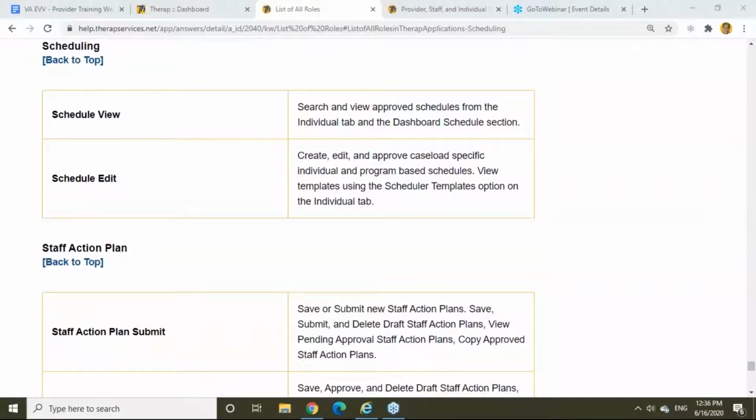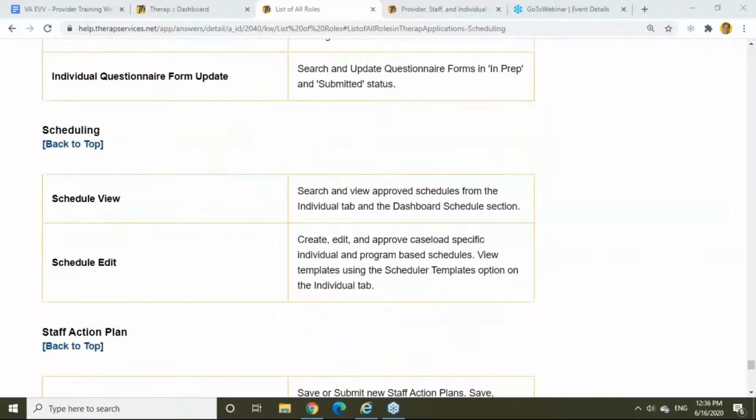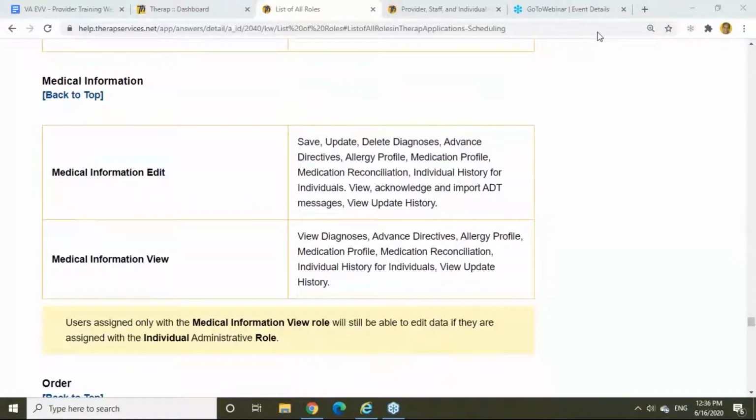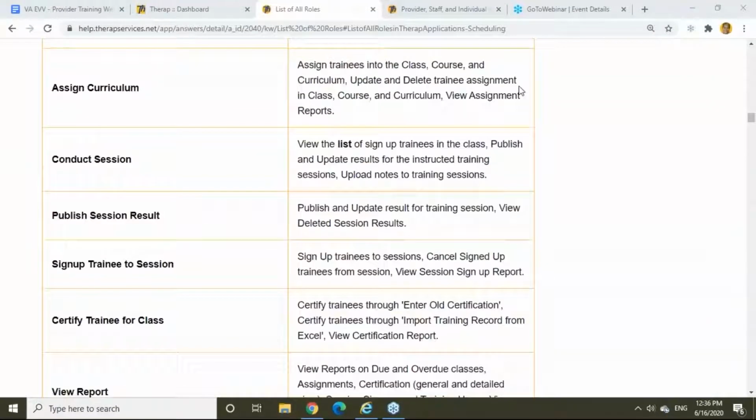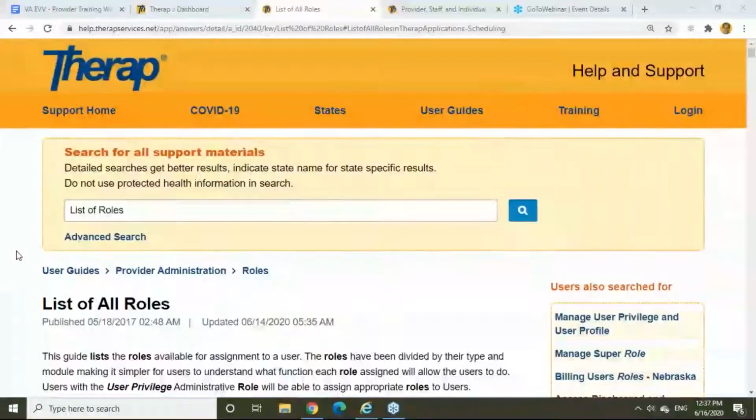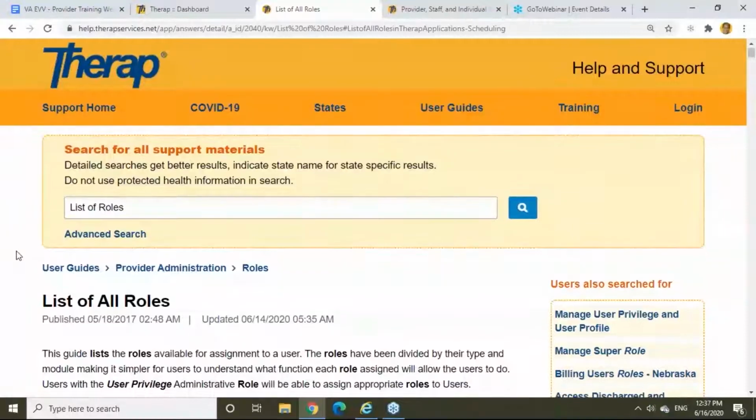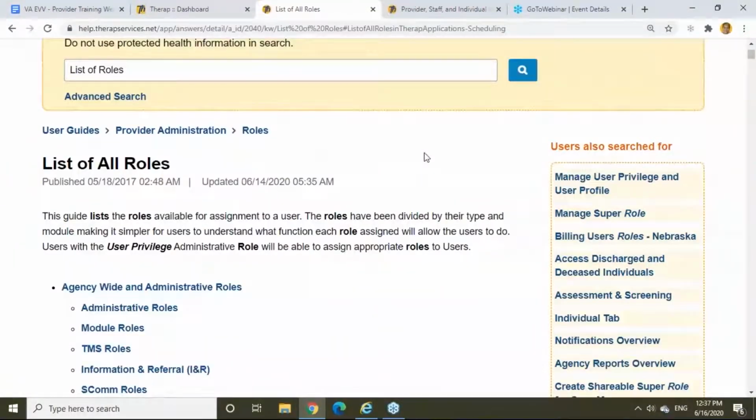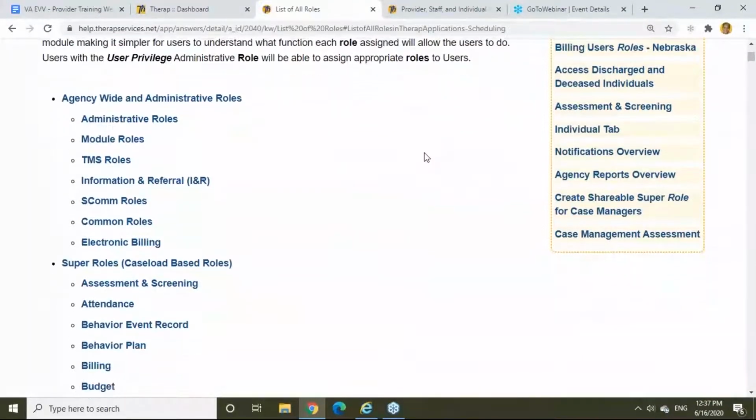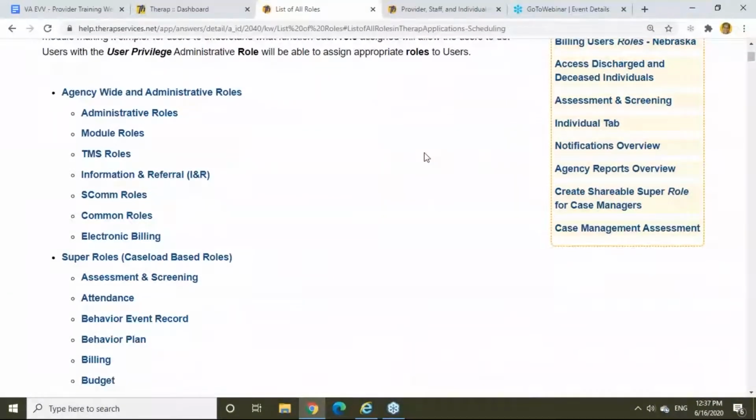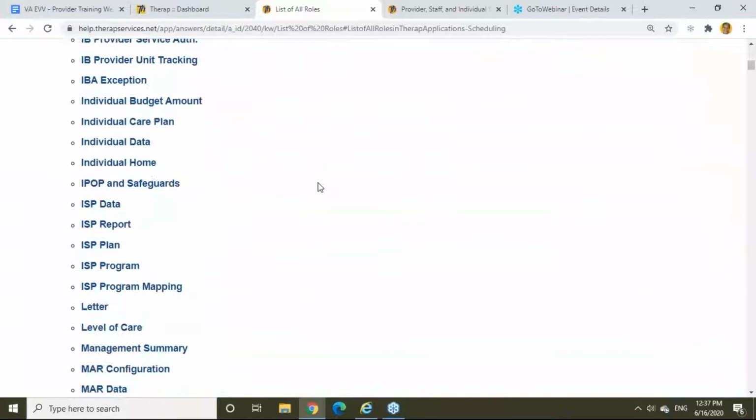And for those who are not aware of this actual user guide, and sorry for making everyone dizzy, it's called the list of roles. What's nice about going into help and support and just typing in list of roles is that it's going to give you the list of roles and show you exactly what privileges you are assigning to that super role, depending on the module that you're on. So if I just simply come down to where it says scheduling,